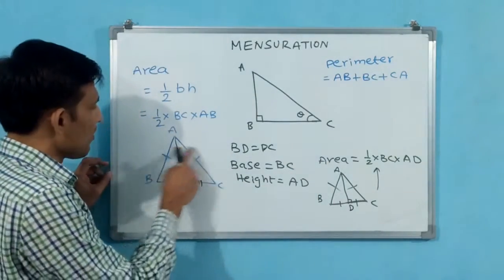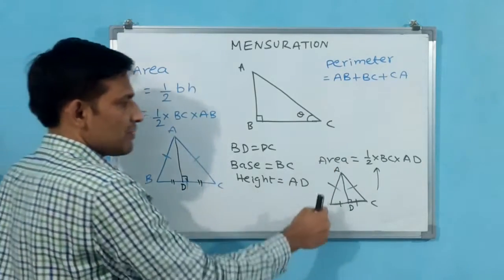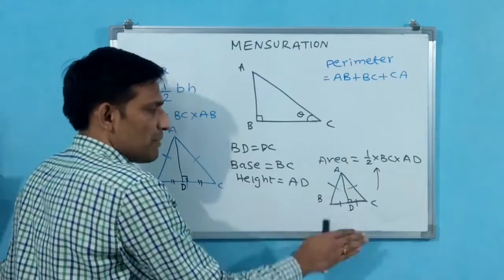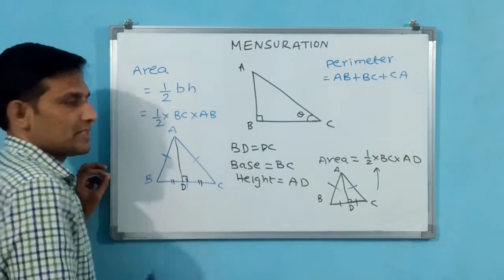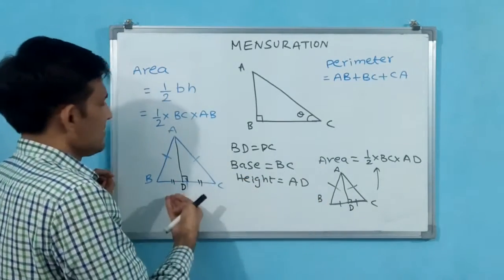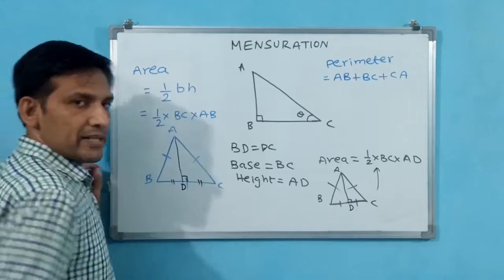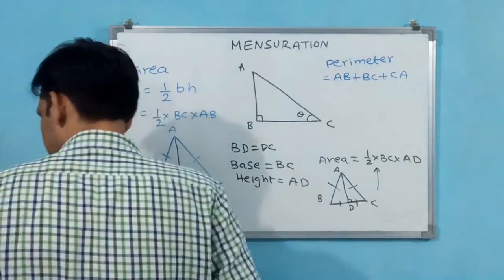Why? Because here all bases are the same, AB is equal to BC. But here AB is not equal to BC, but the height will be the same. The process is the same. After finding the height, and both bases, you can find the area. We will go for quadrilaterals.